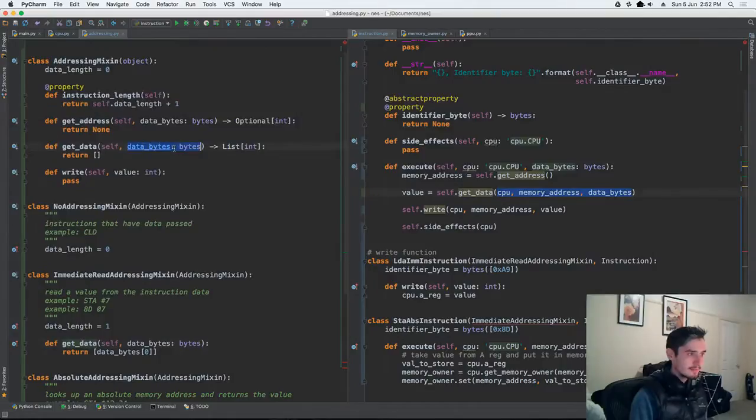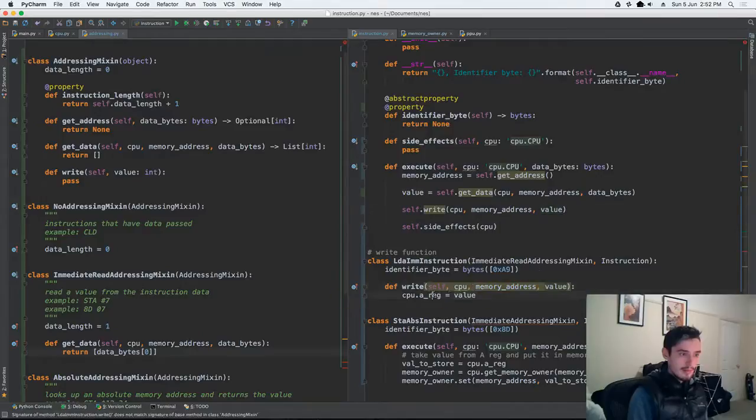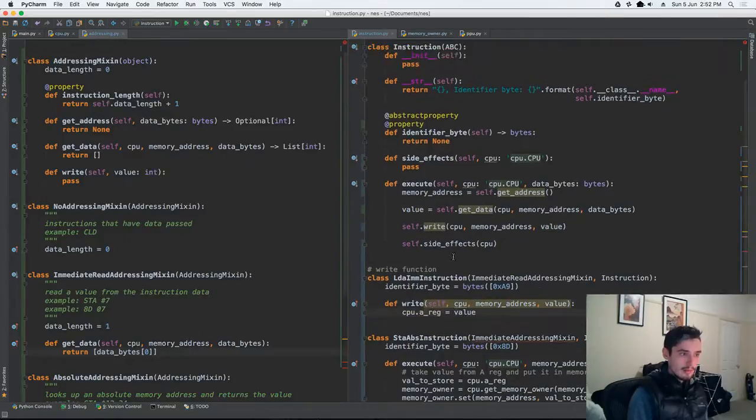Get data. And that's just going to return the 0th data byte. Write is going to call this, which is going to